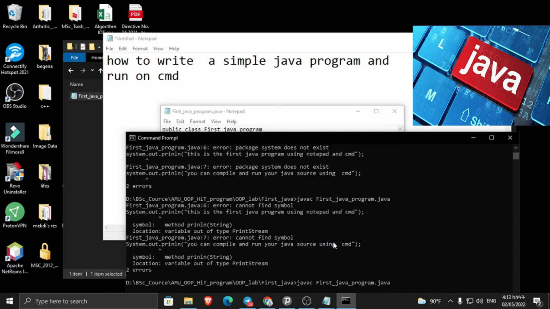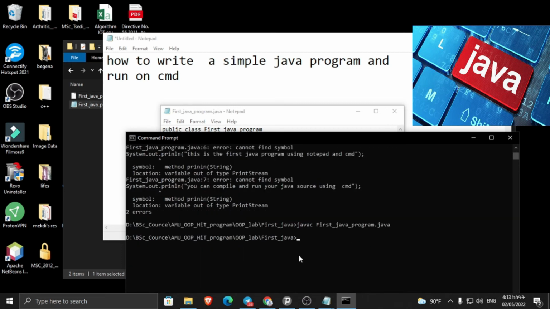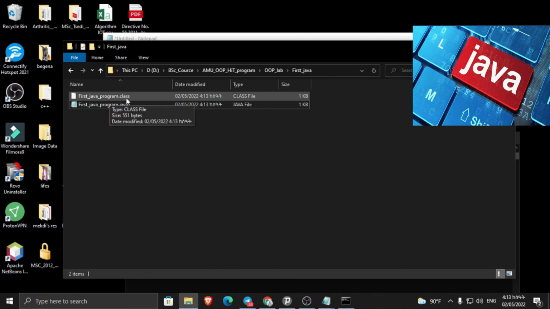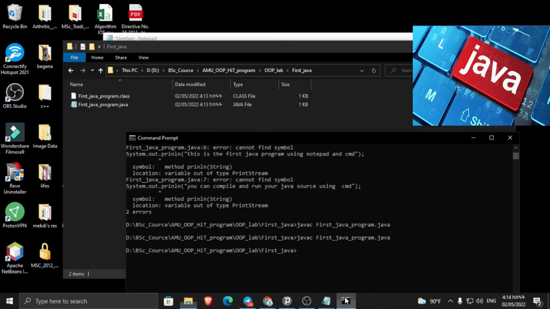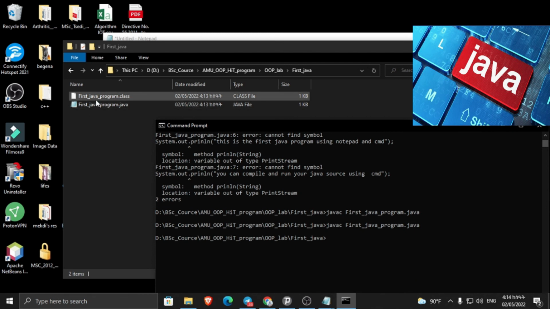Compile it again. javac First Java program .java, press enter. Yeah, it is compiled without error. Then finally we can run the compiled file. We have generated a new file, the First Java program class file, a bytecode file. This bytecode file is created by the Java virtual machine, JVM, and we run this compiled bytecode